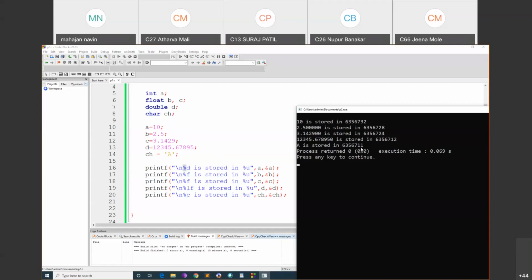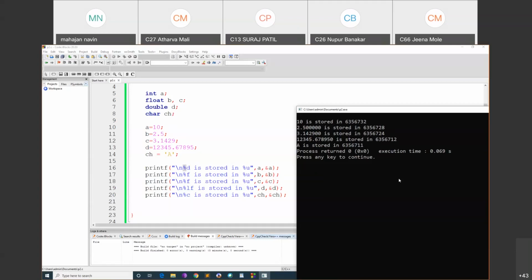It will take only 1 byte. That's why we have 6357612. That is the next variable, 71712. Okay. Here, what is stored here? It is a double. So double takes 8 bytes. So 12 plus 8. 12 plus 8 is how much? 20 it is. But maybe one address is not used here. And the next address is what? It is a floating point, 24. It takes 4 bytes. After that we have this address, which is c, this is b, which again takes 4 bytes, and 32 takes 4 bytes.